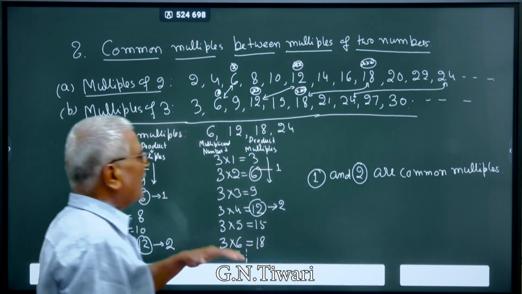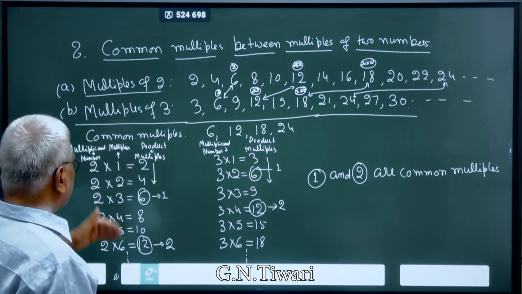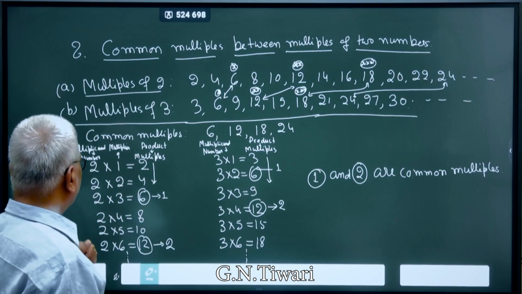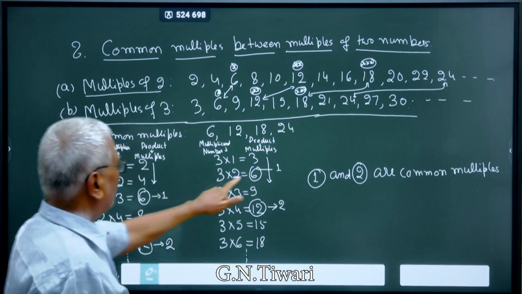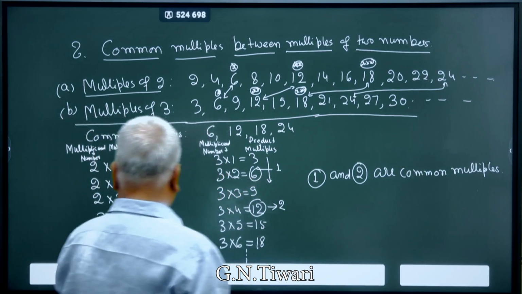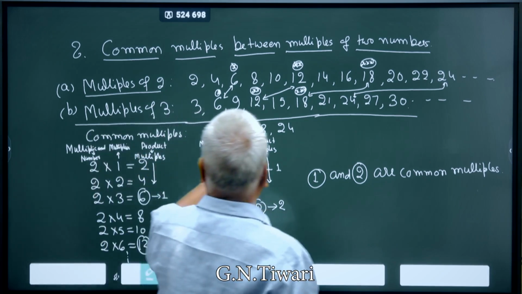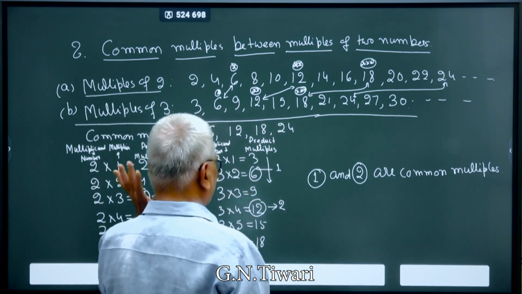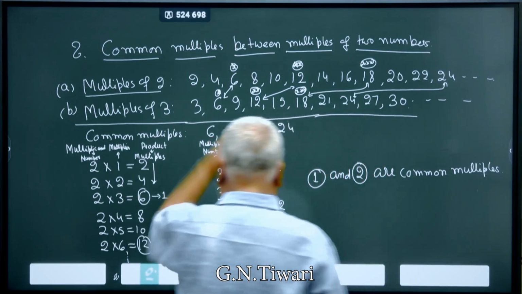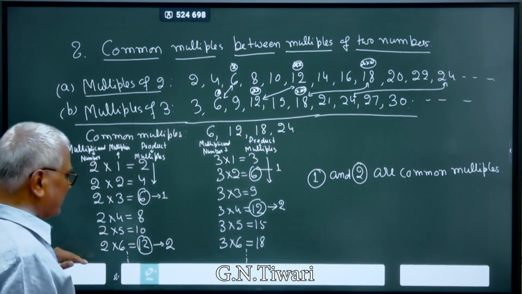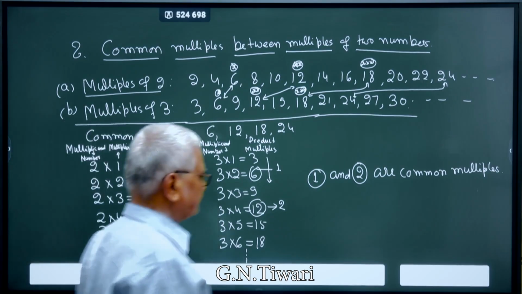For that, how can we proceed further? Just see, here is written the table of 2, here the table of 3. Just say 6. 1 into 1 is a multiple, 2 into 2 is a multiple. Going further, you can find other multiples as well. So 1 and 2 are common multiples till the table of 6. If you go beyond that, more common multiples will be found.